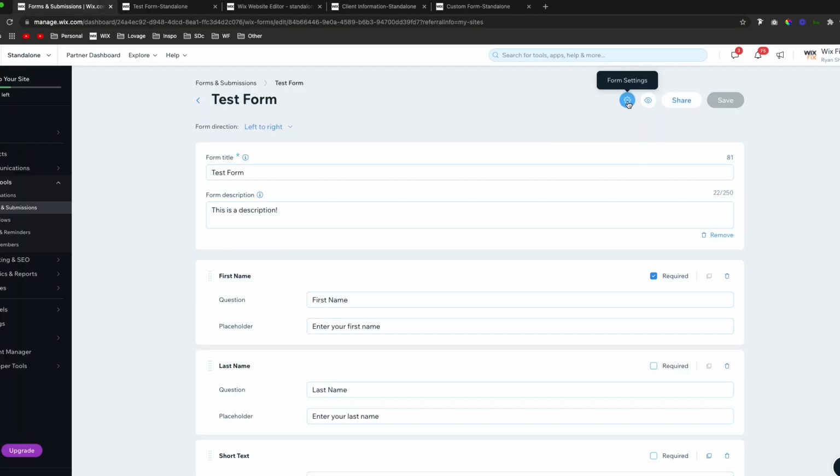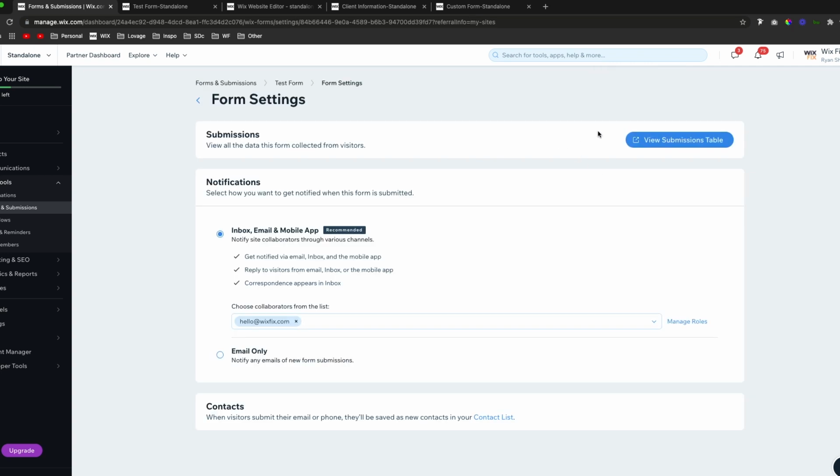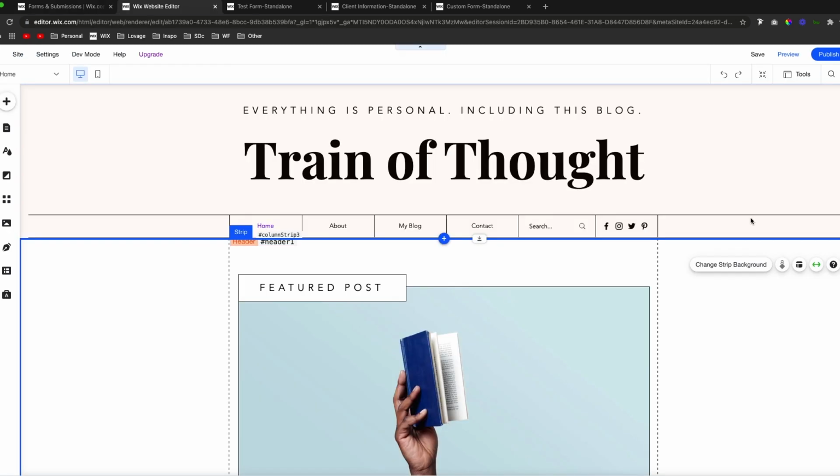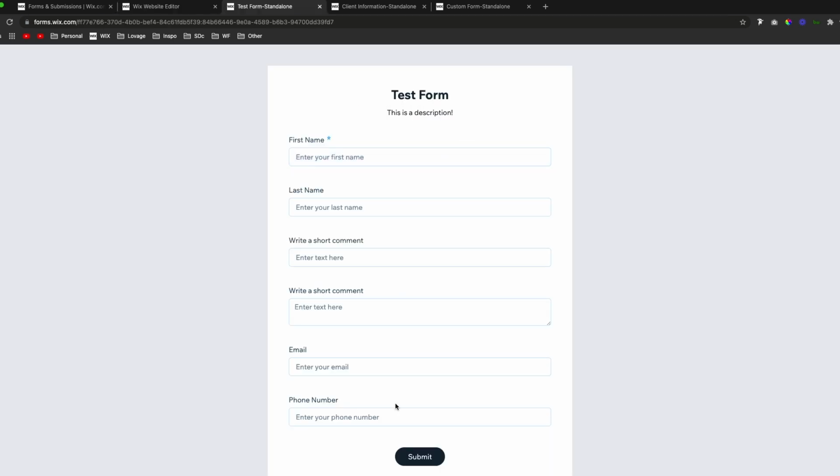Next to the little preview is the form settings. Here you can view the submissions, and you can also change where the notifications go. You can have it automatically go to the collaborators on the site, or you can say email only and it'll go to specific emails. Another really cool feature of the standalone forms, even though the users fill out the form